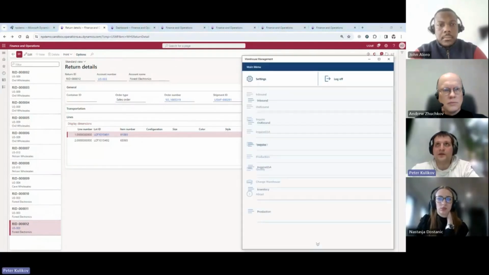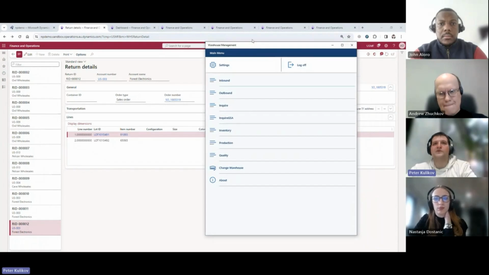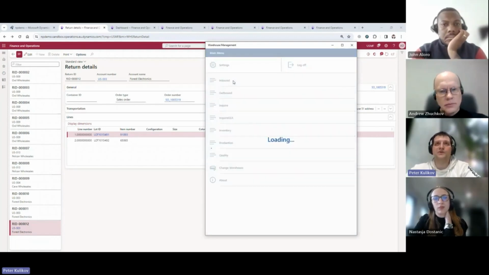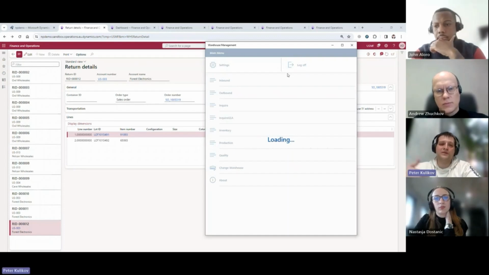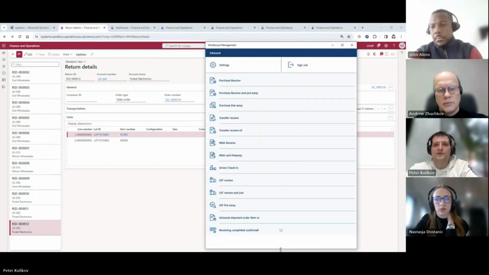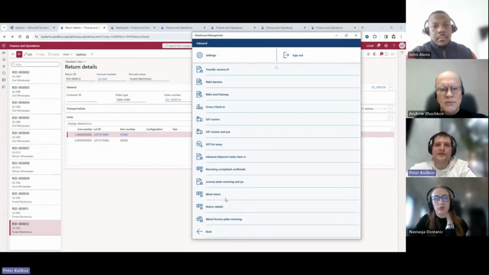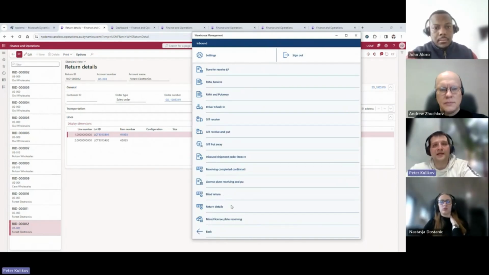So let me open the warehouse mobile application. You can see it, right? Everything's okay. You can see the warehouse app. Okay, so it's the income process. So I will choose inbound because we receive an item back from our customer. So here you can see 2 new menus, blind return and return details, and I will use blind return for